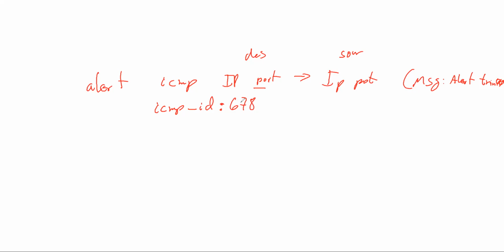For whatever reason, the engineers that researched it figured out that all attacks related to Trin00 or TFN always look like that. And the payload is called content. So the content has 1, 2, 3, 4. For whatever reason, that's the payload. All right, so packets that have that payload, that ICMP ID, and maybe some other fields